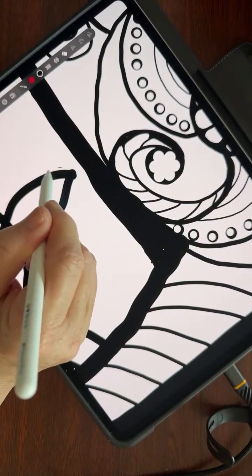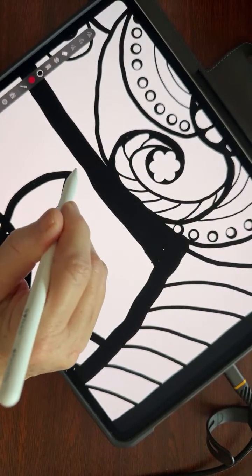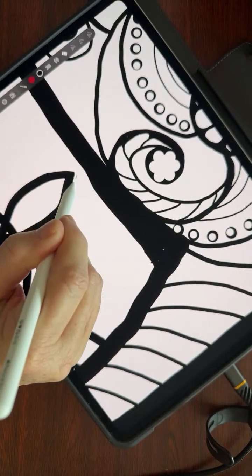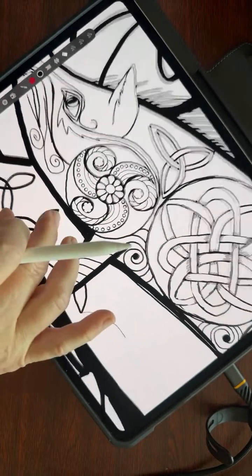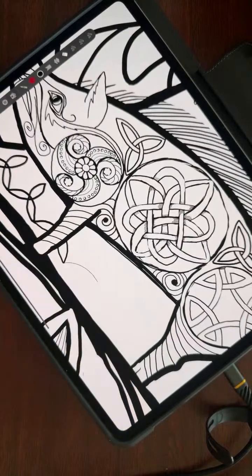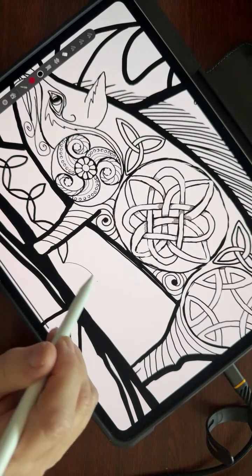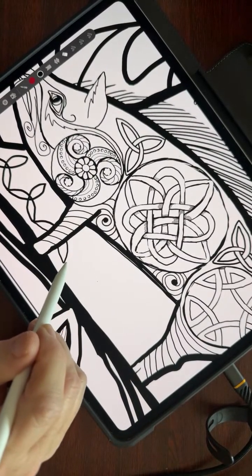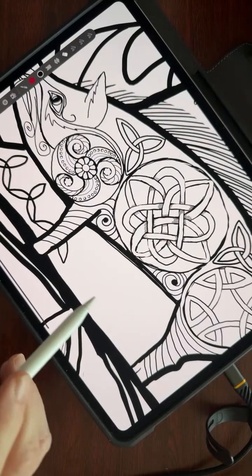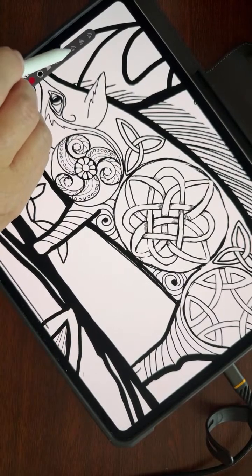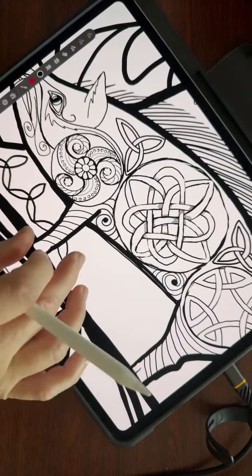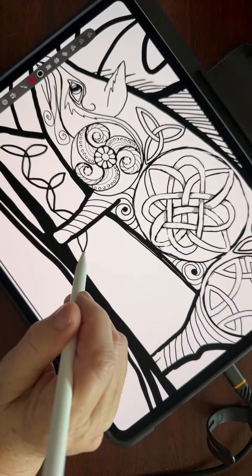I'm going to clean this. I'm going to clean up as I go on this one, and that I'll get rid of because I want my lines to be fairly consistent in size. So we'll go back. I'm at kind of where I started, so hopefully